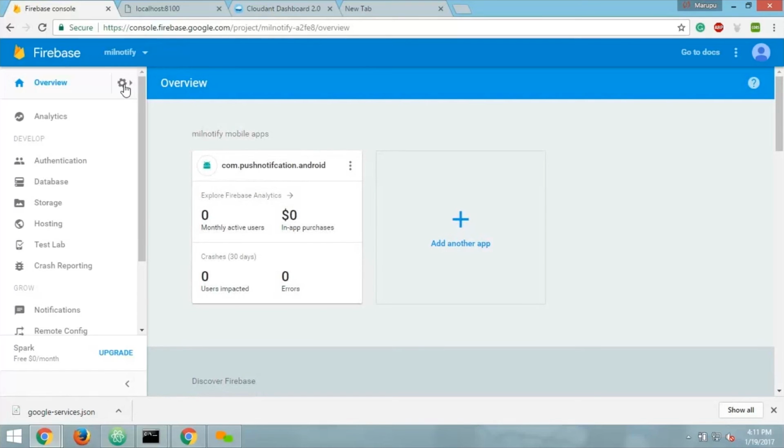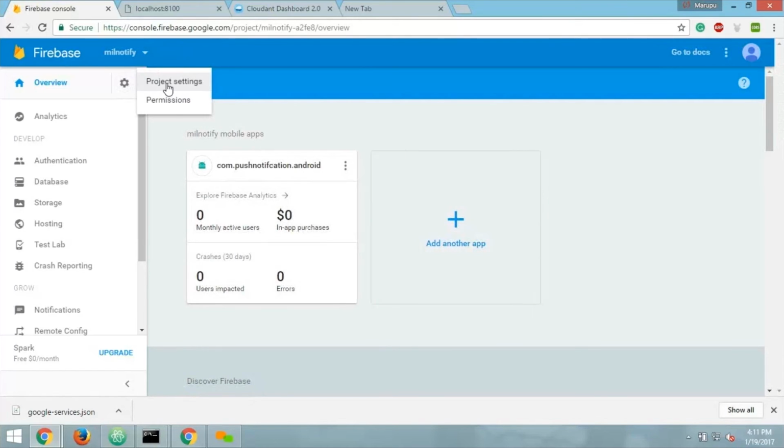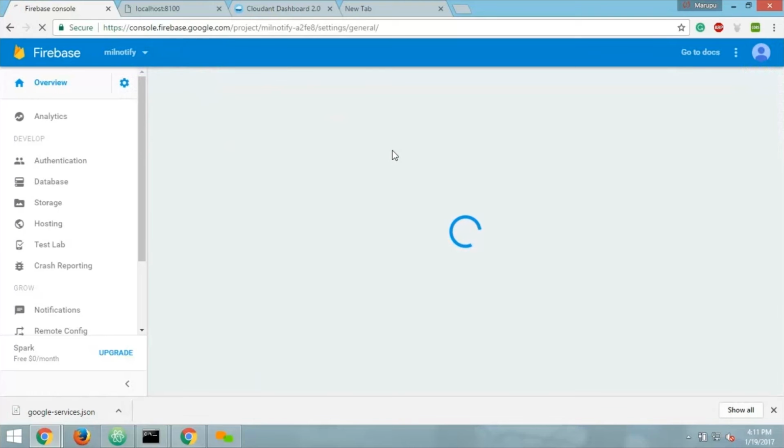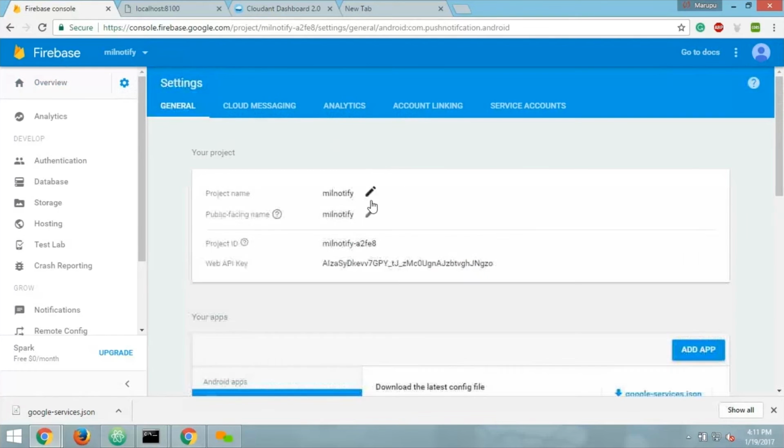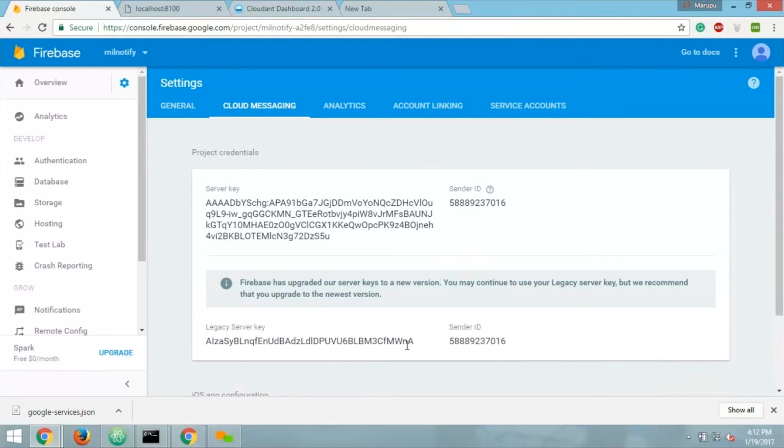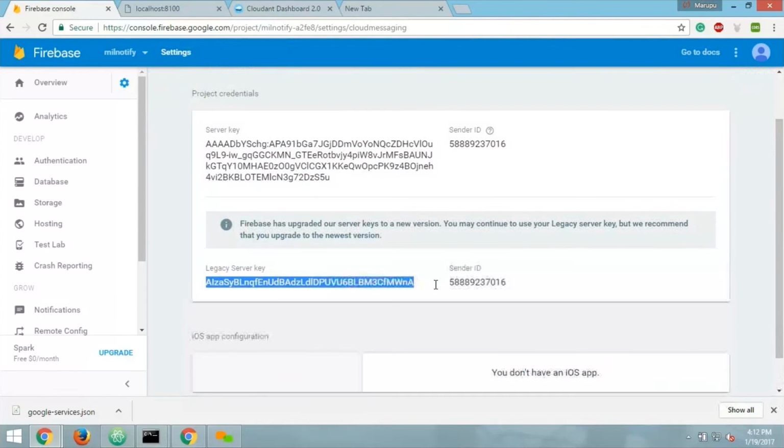And open your project settings. There you will get the project name, project ID and web keys. And very important, we need to have the server key for sending notifications from a Node.js application. Here, basically we need three things: the package name is the first one, followed by the server key and google-services.json.